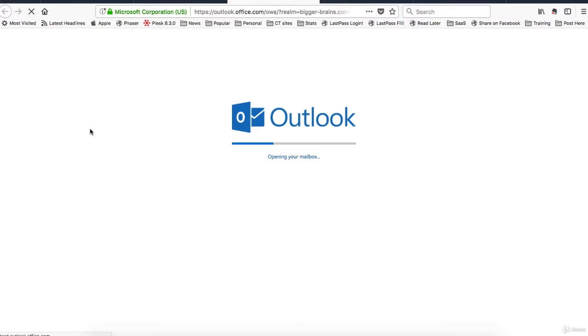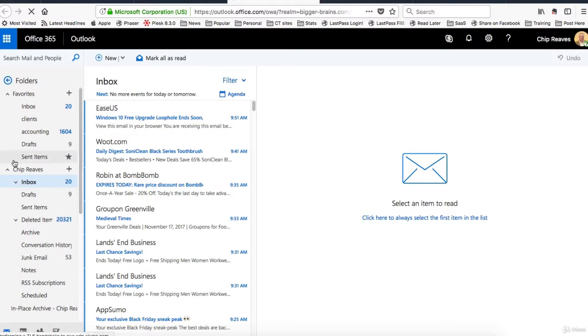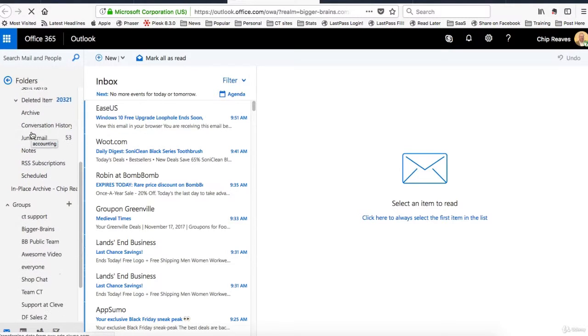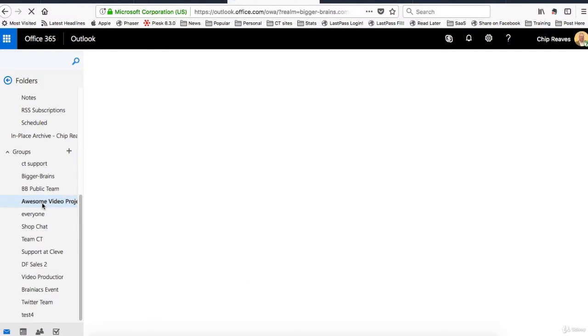So if I go into my Outlook web app here in Office 365, and we're going for Microsoft Groups or Outlook Groups. There's no app for Outlook Groups, but you'll see it inside your Outlook. So over here on the folders, if I scroll down, I'll see a section called Groups, and I see one for Awesome Video Project. If I choose that, then over on the right, remember, like we talked about back in